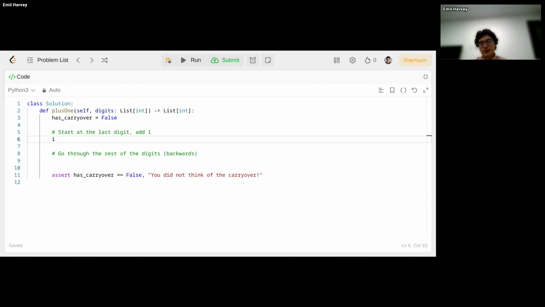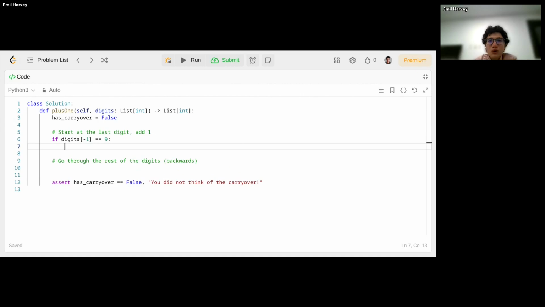And for me personally, I just go from the most specific case to the most general. So in this case, the most specific case, and the problem I know in my head is that, oh, if that last digit is a 9, then we're in trouble. So that's what I'll think about first. So if the last digit, which I'm just indexing with -1, but again, that's just the last element, is a 9, then we know two things.